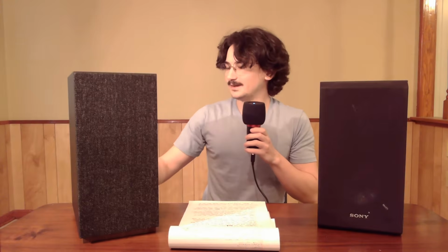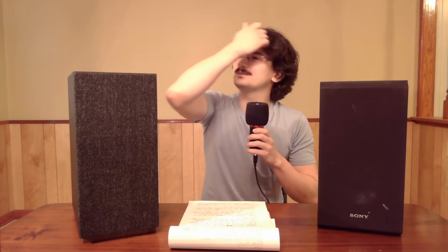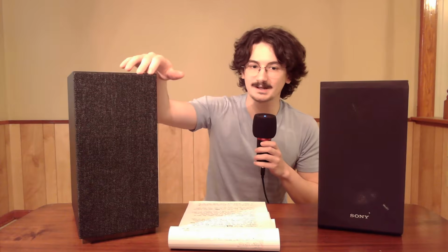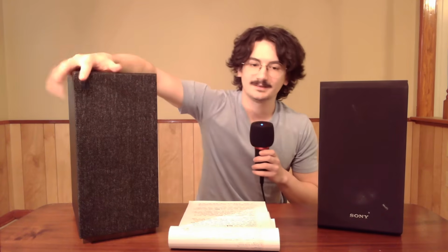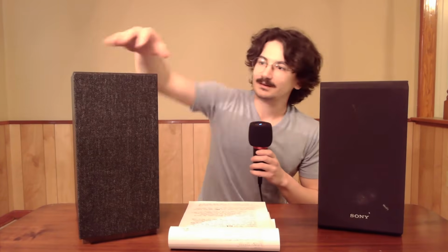You've got the Yamaha S803s. Now, I don't have one of the particularly good-looking ones. I've got the black one. It was the cheapest one that I found whenever I was buying these speakers. But as you can see, the grill is much nicer. It's got this more like a heather gray type material, and on the whites and the walnuts, they actually have a much better-looking grill than this, in my opinion, at least. It's got some wood accents on the bottom there on the base. And taking this off,